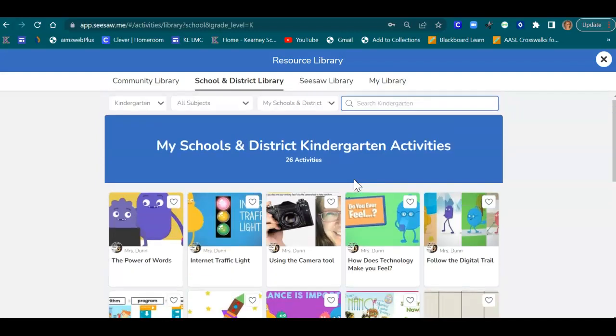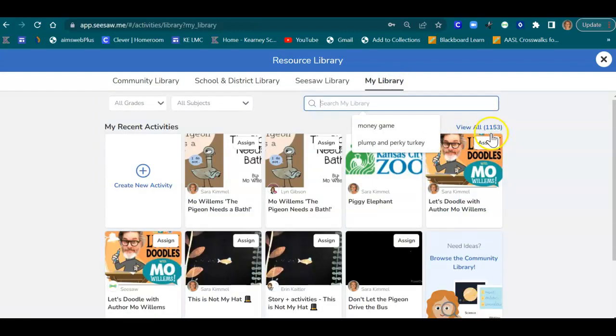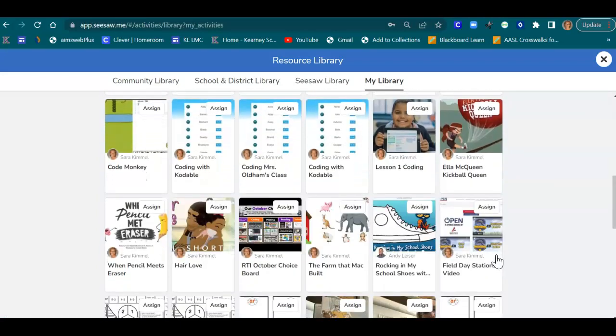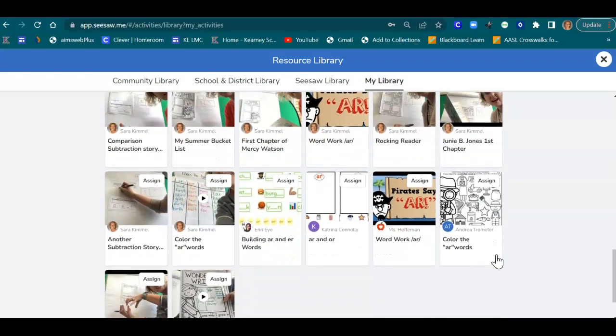It should have more. I am a little guilty of this, because if we look at my library, I have 1,163 assignments, because I was a virtual first grade teacher for a year. I didn't realize that mine were not going into the school and district library. I have to specify that, so I will make it a project of mine to start going through and sharing them so that you guys will have access to them, because I have several, from Read Words to 100th Day to Read Aloud to me doing actual focus lessons,